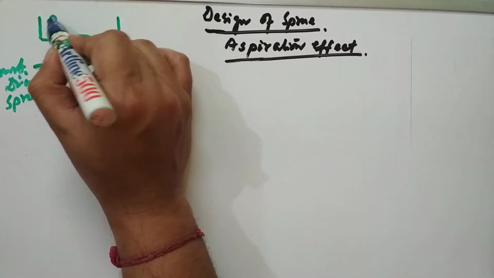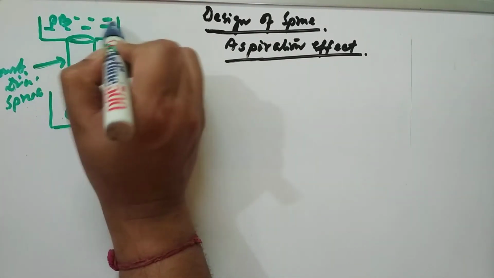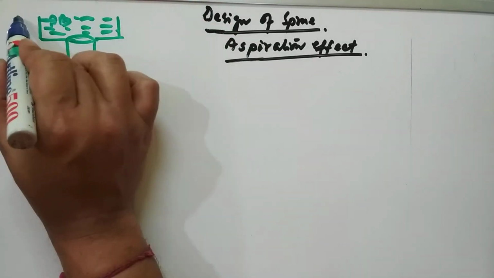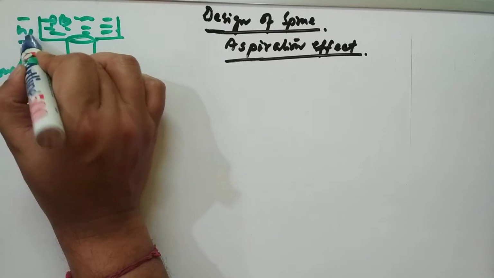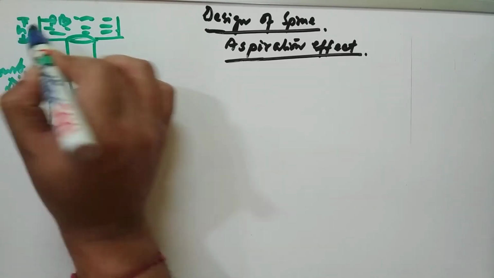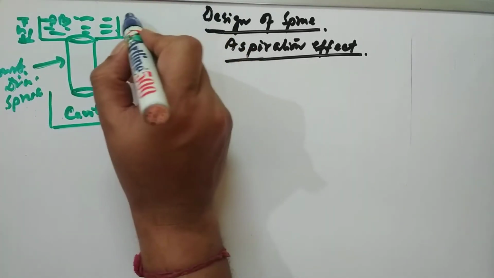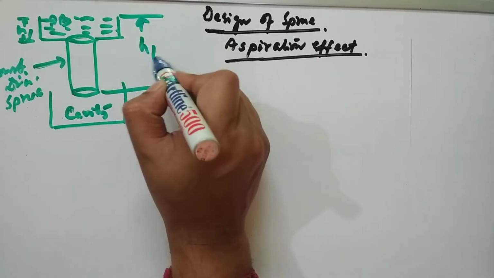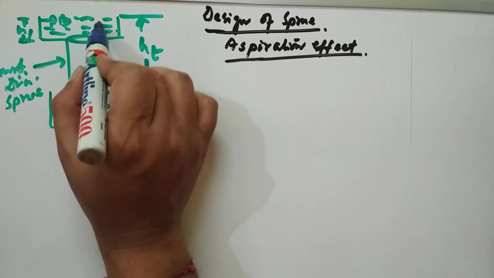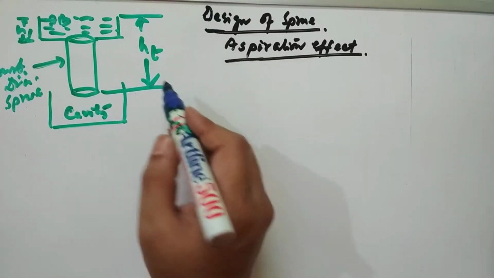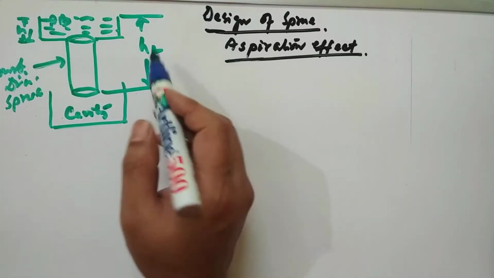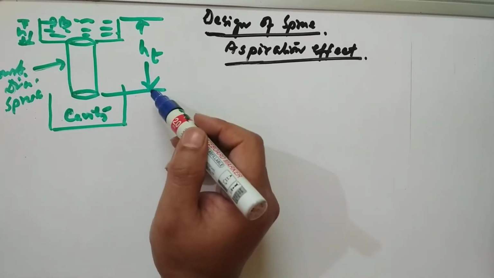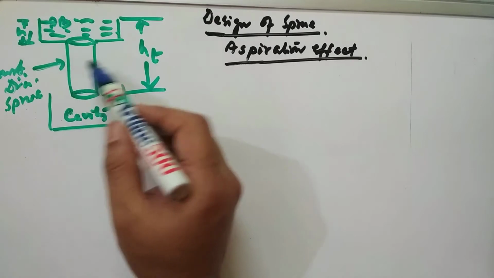Okay, this is a constant dia sprue, and say we are having a cavity here, and this is the pouring basin. Let us consider this height. You already know we have done this in the top gating system. The diagram is similar to that of the top gating system. So this height will be the total height, that is HT, and this is the height of the pouring basin, that is H1. I'm not considering the height of the mold, as we are only designing the sprue today, so I'll be discussing only the sprue.